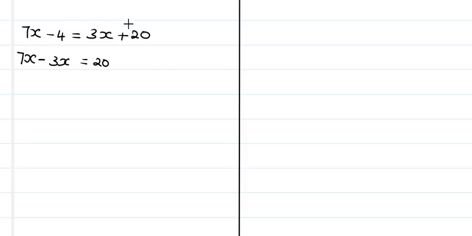So when I take it to the other side, it will be positive. So plus 4. So it becomes 7x minus 3x will be 4x, is equal to 20 plus 4, which